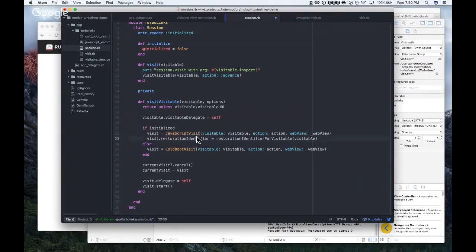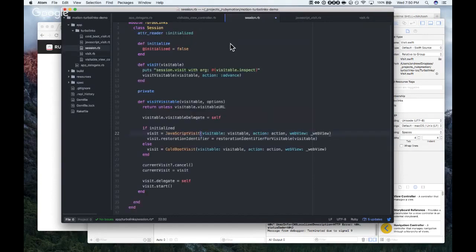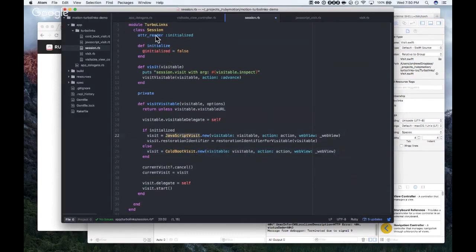So that's going to be a .new. Yeah. So we'll do that .new and .new. And we should be able to find these underneath the TurboLinks module. Yeah.